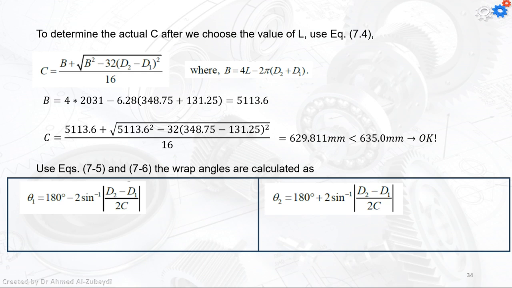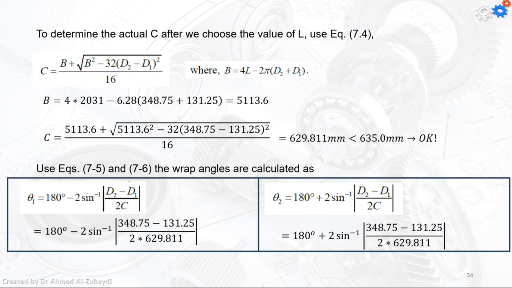Now calculate theta 1 and theta 2 using the two equations given to us, and we can find that for theta 1, the equation is actually the same, just a plus or minus. I can find only one of them, then subtract from 360. So now we can find that theta 1 is going to be equal to 160.113 degrees, while theta 2 is equal to 199.887 degrees. Double check that theta 1 plus theta 2 is equal to 360 degrees. If yes, that's it. Our calculation is correct, and then we can select our